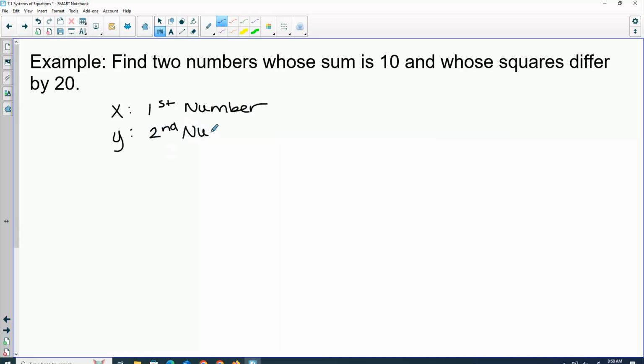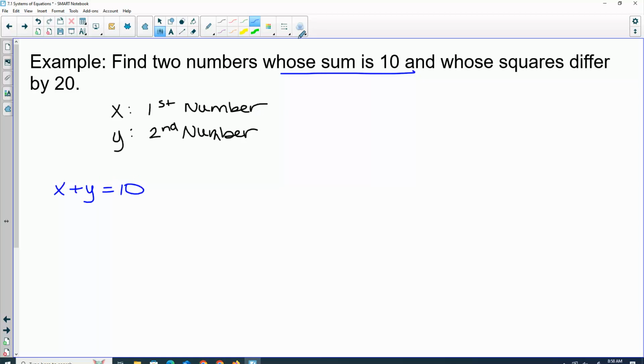Okay. So that stuff was pretty recent. Are we okay with that? Right, so then we go up here, and it says whose sum is 10. What does that mean? The sum. Alright, so when we're talking about slopes of lines,